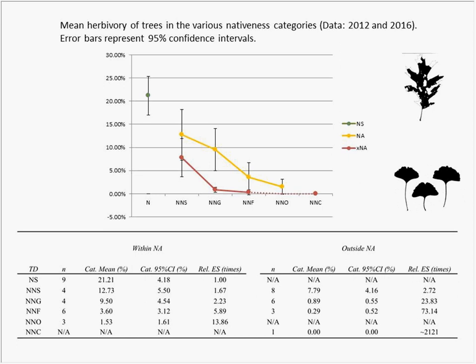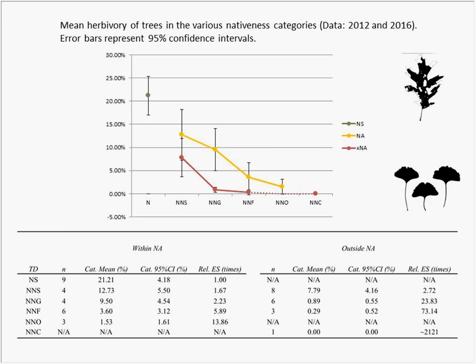This is a big global geographic experiment where you can see up here the green dot is native species. It just shows the average amount of herbivory on a leaf. You can see on the right there's red oak. Natives tend to have over 20% of their leaf eaten by the end of the season. So all this biomass is getting liberated to insects.